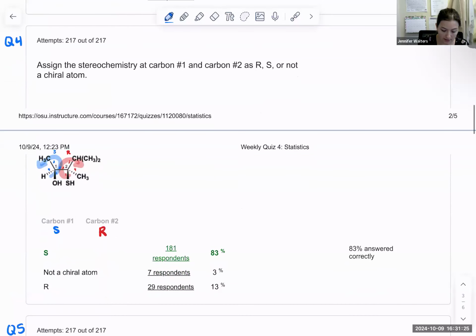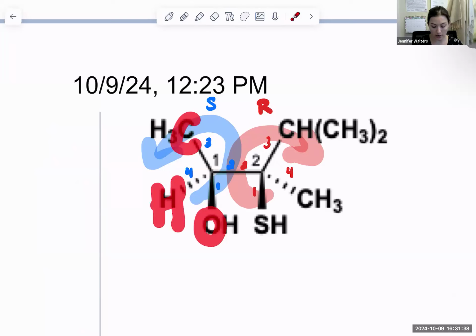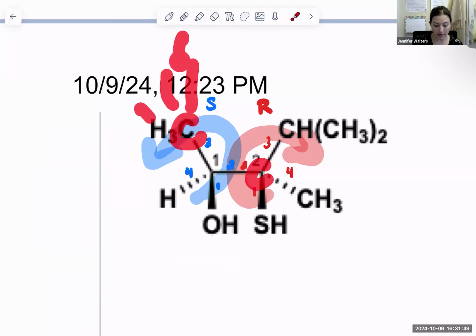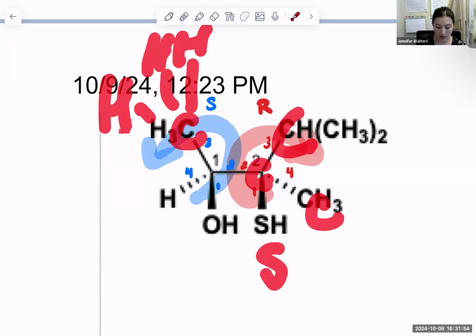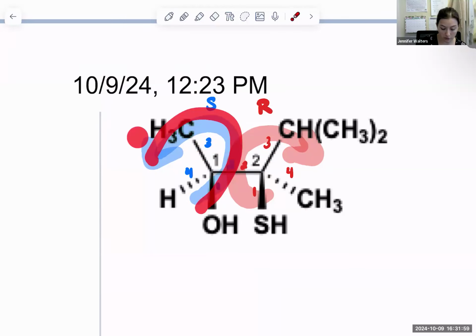Question 4. Assign the stereochemistry as either R, S, or not chiral. So for carbon 1, remember that the priorities are based on atomic numbers. I see oxygen, hydrogen, carbon, carbon. Oxygen has the highest atomic number, so that makes it priority 1. Hydrogen's the lowest, so it's priority 4. Then between carbon and carbon, I see this one has 3 hydrogens, and this carbon has sulfur, carbon, and carbon. So it's going to be priority 2 to the right, 3 is up. So when I connect 1 to 2 to 3, it is counterclockwise with the lowest priority on the dash,